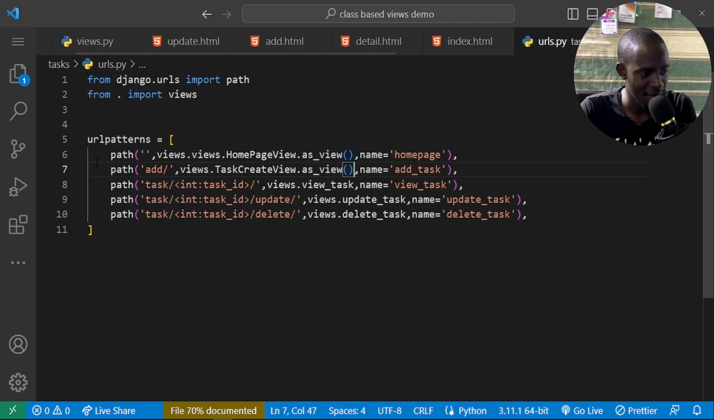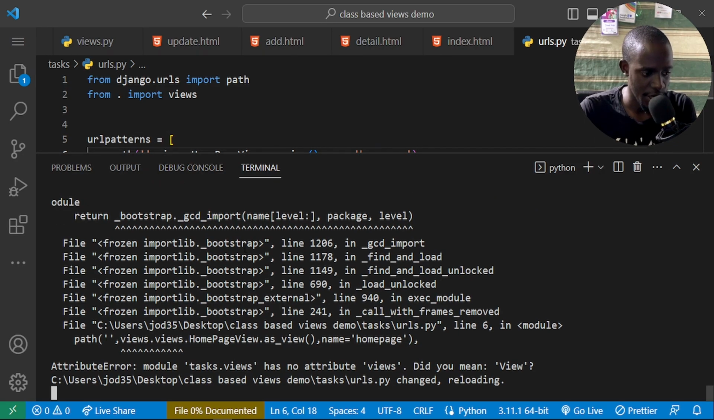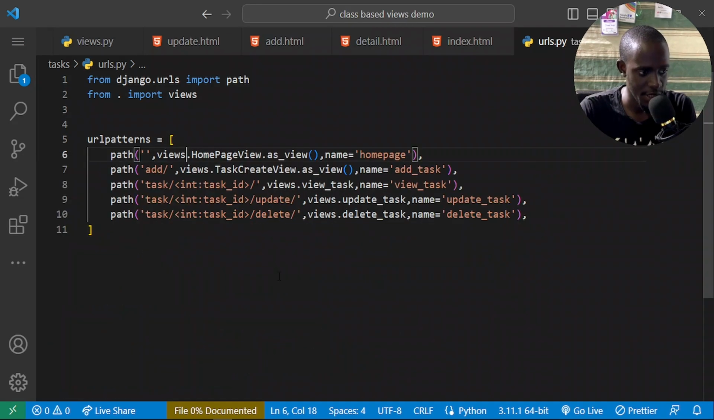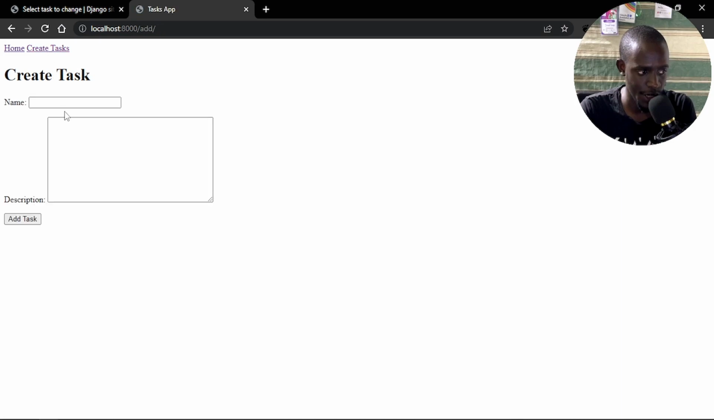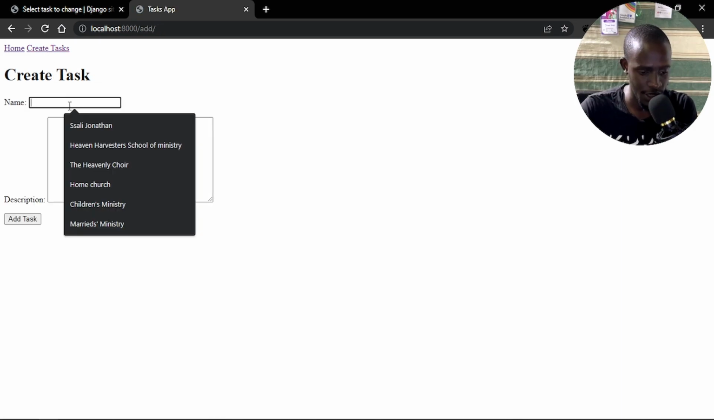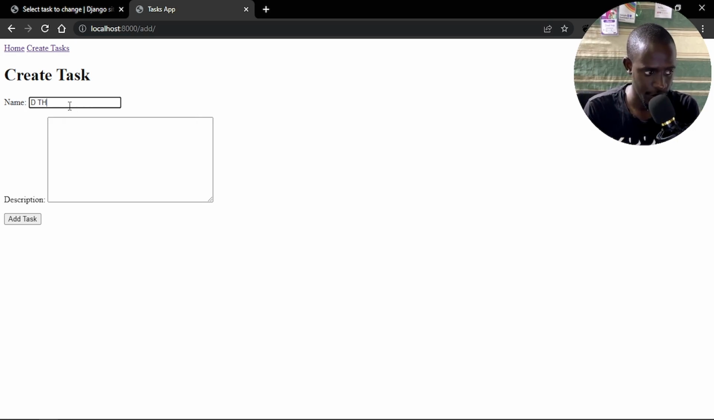So I made that mistake in our URL pattern. I'm going to get rid of this, and then our server is going to restart. In here, we are going to go ahead and test our task creation. When I go and say learn Python, this is actually our detail page, but I'm going to go to create task. So I'm going to create a task called, let's say, learn